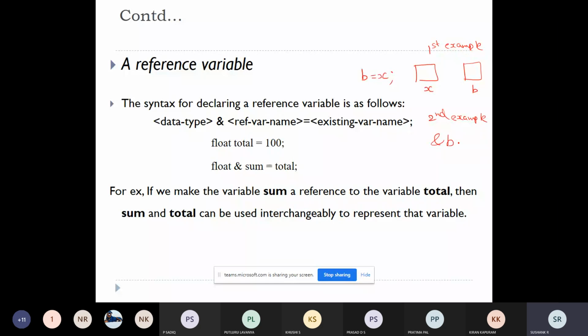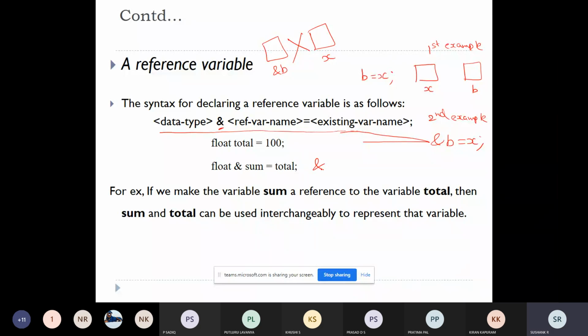It was like ampersand of b is equal to x. So now what you're telling me, sir, is that ampersand b has one location and x has one separate location. No, it will not work like that, because how to create a reference variable? What is the syntax to create the reference variable?